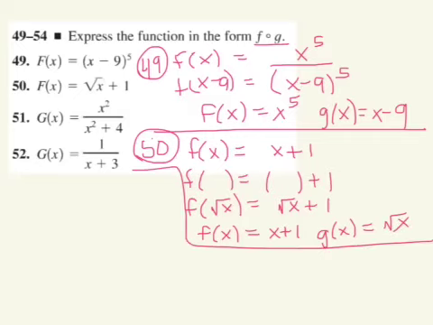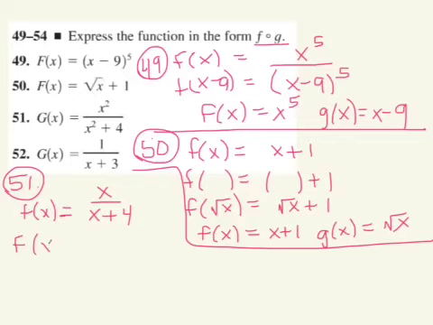If we look at problem number 51, and we're starting off with f of x, that will be our original function, x over x plus 4. Then what we can substitute in for the value of x would be x squared. So everywhere you have an x gets replaced with x squared. So f of x is x divided by x plus 4,